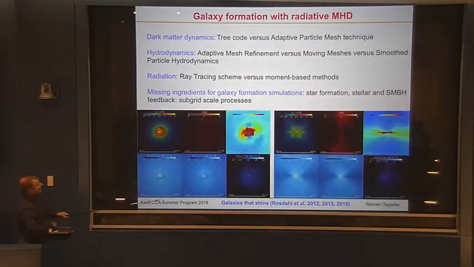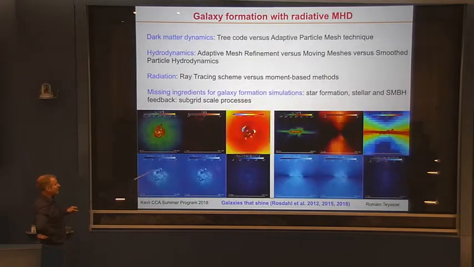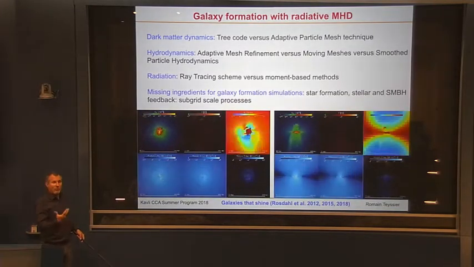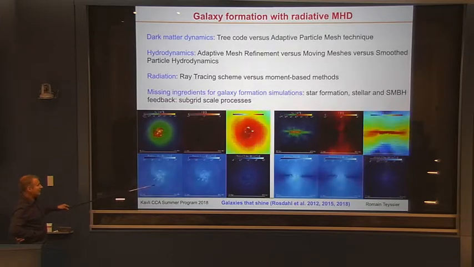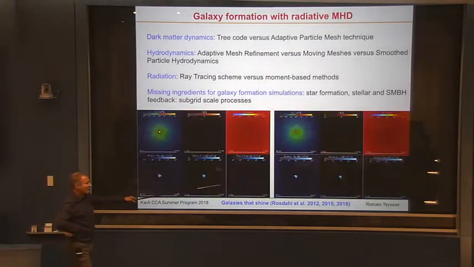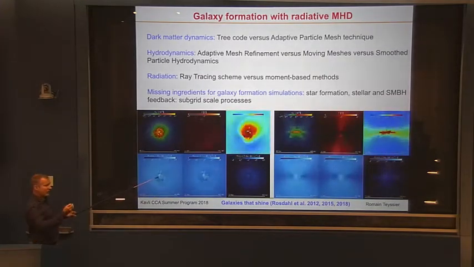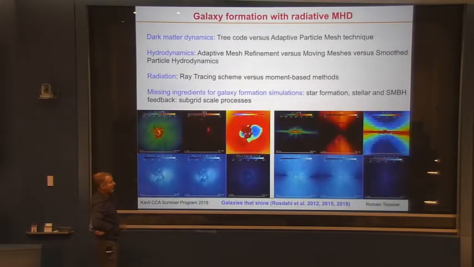Okay, so what is really cool, I think, is that now it's possible to perform a galaxy simulation like this one with radiation coupled to the hydrodynamics. Here what you see is the radiation intensity in different photon bands, photon groups, which correspond to different ionization energies of hydrogen, helium-1 and helium-2.